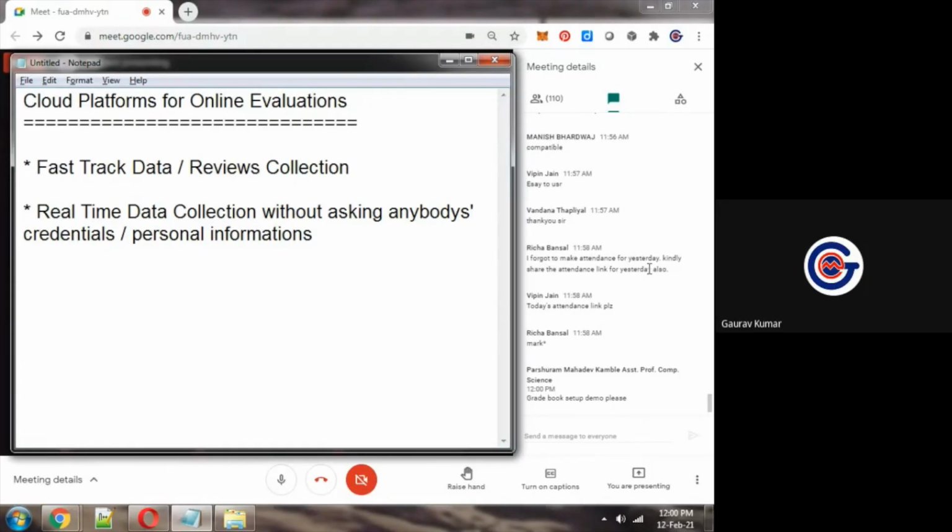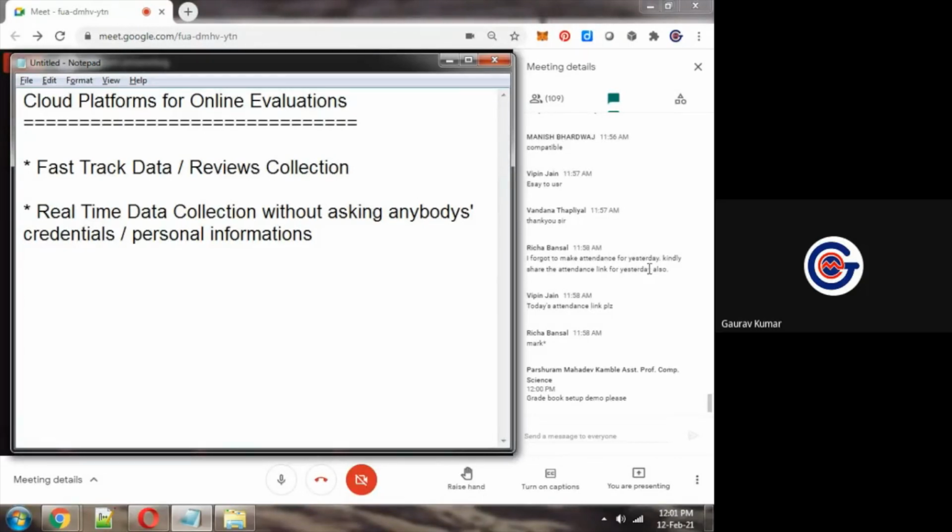Now I'm covering some fast track cloud applications for fast track data collection. Because of time constraint, we have to cover multiple topics, multiple dimensions of teaching learning.